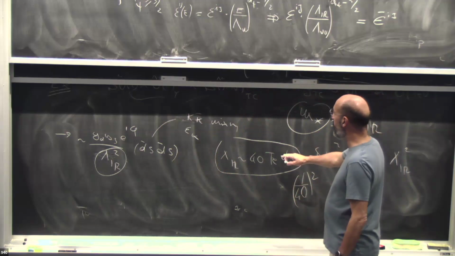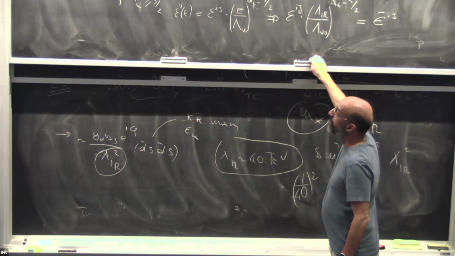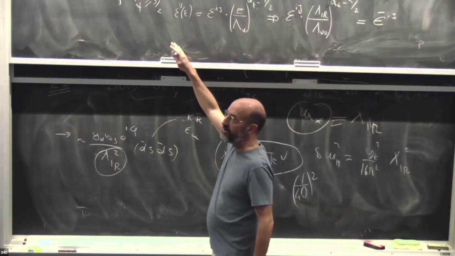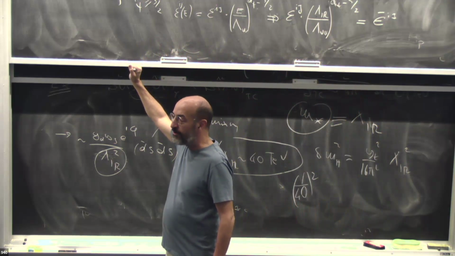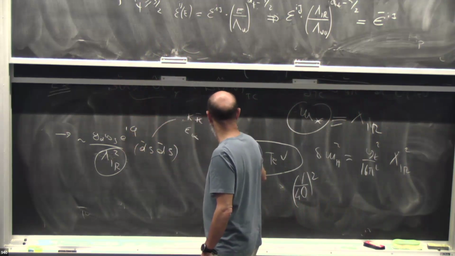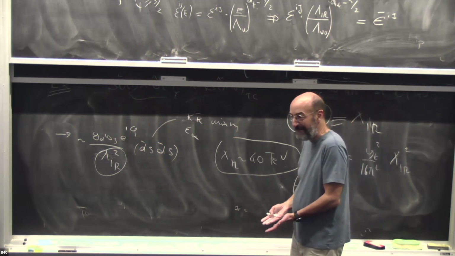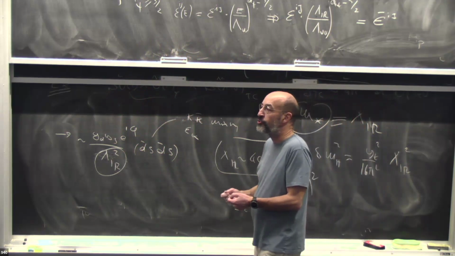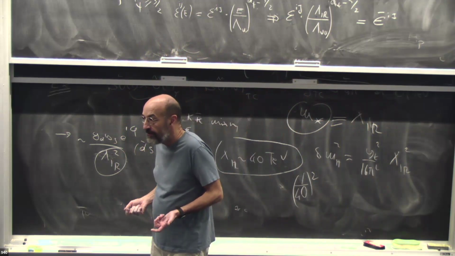So what I want to say, if you want to lower the scale, by the way, you could have done this partial compositeness also in Technicolor. What buys you compared to Technicolor is simply the fact that you have a Higgs, which we have seen. That's the main thing, and you can control and you can tune. In Technicolor, you cannot tune.